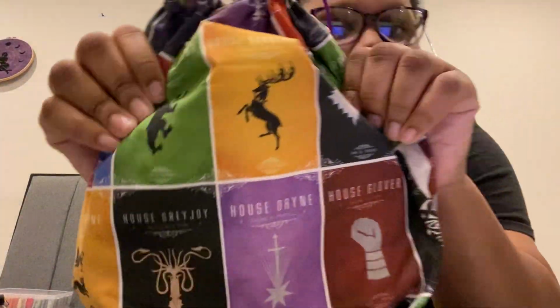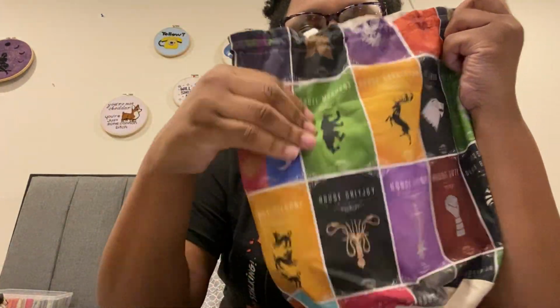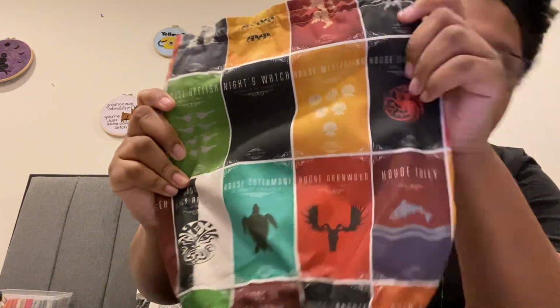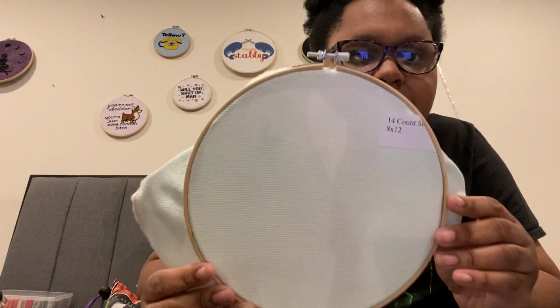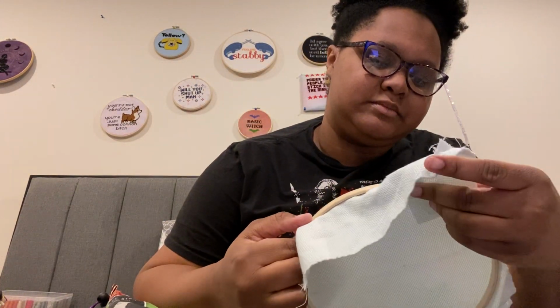Then I got this Game of Thrones bag. It's got all the different houses. I'm obsessed with it. It's huge too. I'm sure you could fit like a 10-inch hoop in it. This is a start I'm gonna do. There's nothing on it. I just have the hoop ready. And it's gonna be on